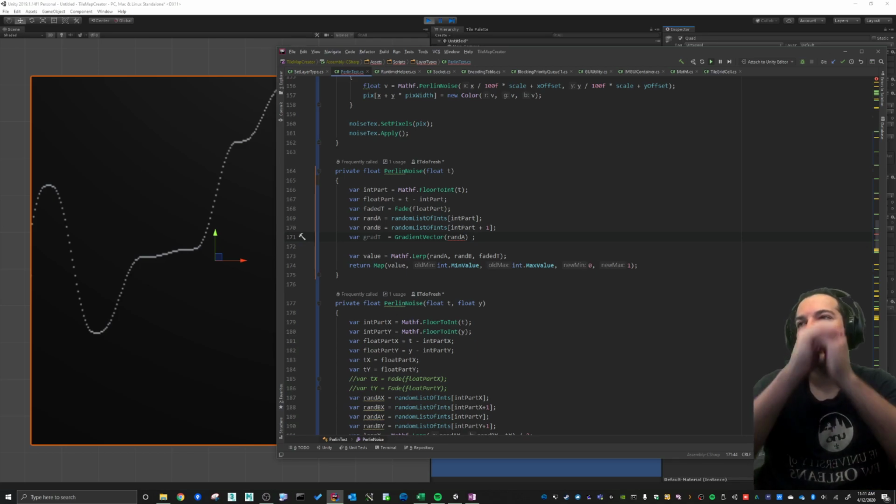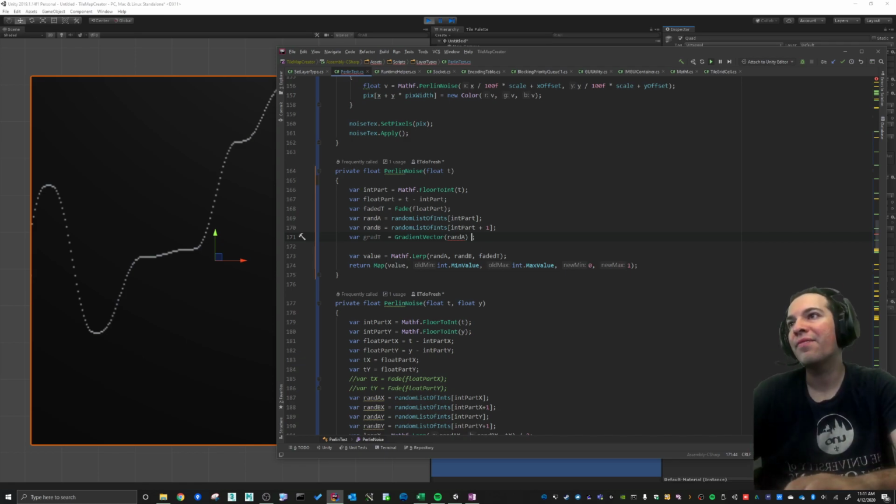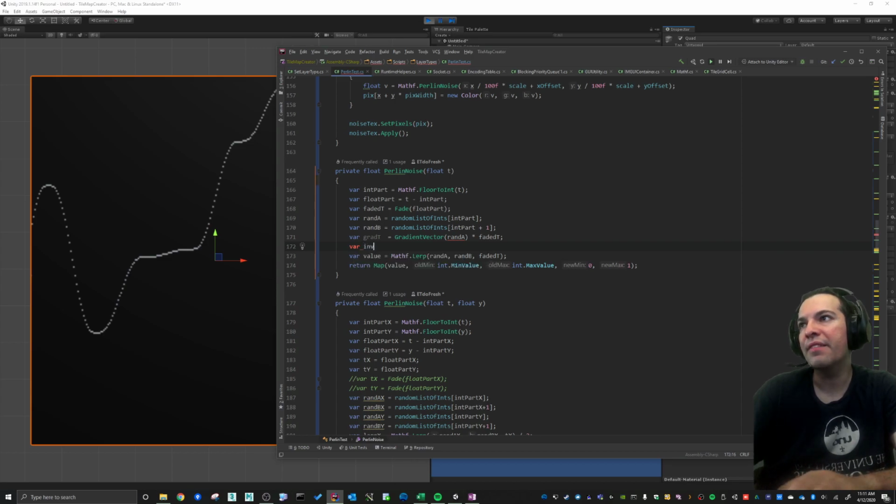Is that the gradient t? Yeah, okay, I think so. So we're just going to get the faded t here, and then the inverse gradient t equals